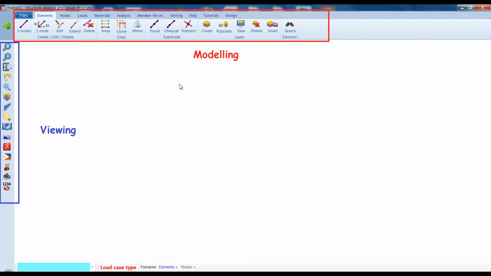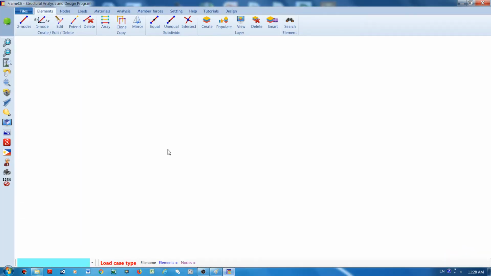When creating your model or designing the members, you have to click one of the buttons to the top. This is for modeling and designing the frame members. Okay, and now when you start a project,